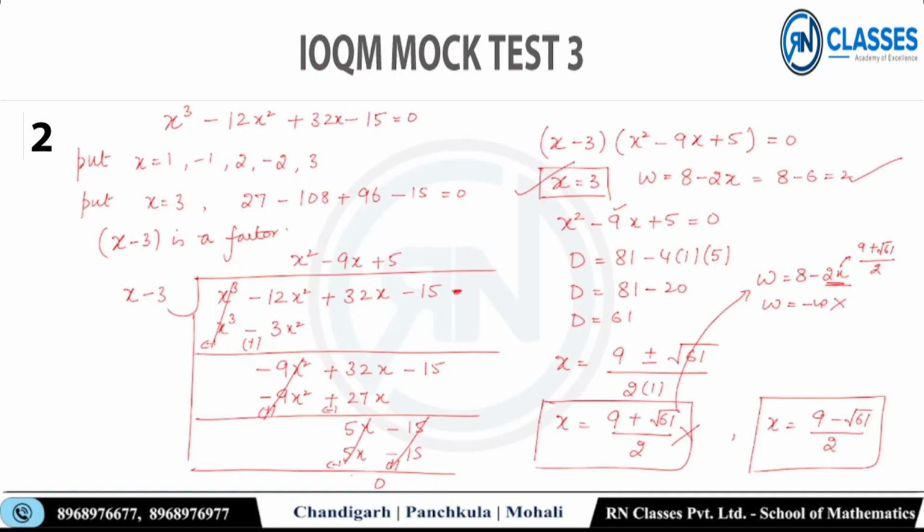x की एक वैल्यू मिल चुकी है, दूसरी वैल्यू नहीं। (9 - √61)/2, जस्ट चेक करना है। √61, 49 से बड़ा है, अगर मैं इसको 7 के करीब भी मान लूं, √49 भी मान लूं, आई एम जस्ट चेकिंग इन माई हेड। 9 माइनस 7 दैट इज गोइंग टू बी 2, 2 डिवाइडेड बाय 2, x इज अप्रोक्सीमेटली, मैं इसको अप्रोक्सीमेटली बोल सकता हूं कि बहुत क्लोज है, कॉन्ट्राडिक्शन वो नहीं डालना, अप्रोक्सीमेटली इक्वल टू 1 पॉइंट समथिंग आ जाएगा,